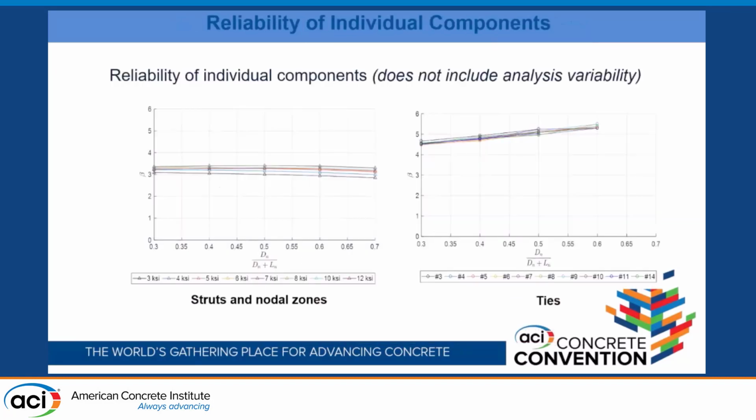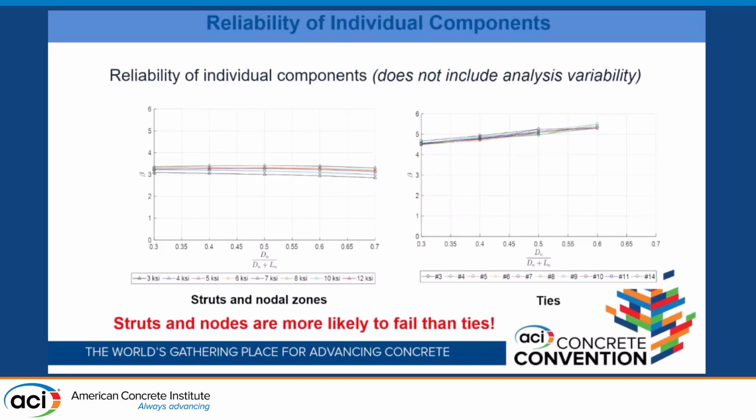So with all the pieces together, now we're able to compute reliability of individual components. On the left side, we have the reliability on the y-axis as a function of the load ratio, dead load as a function of total load. And we see that for struts and nodes, those reliabilities are between 3 and 3.5, but for ties on your right, the reliabilities are beyond 4.5,